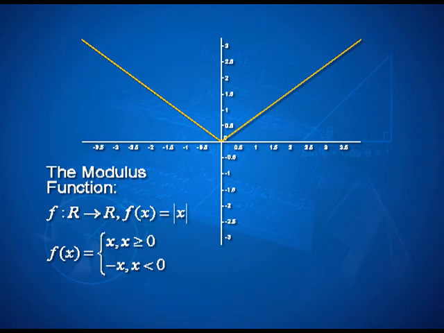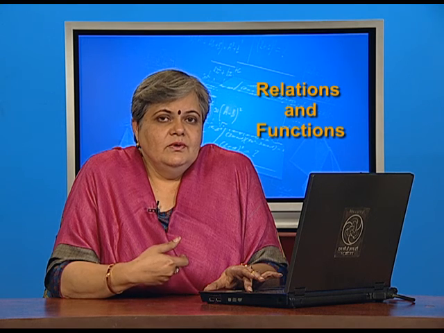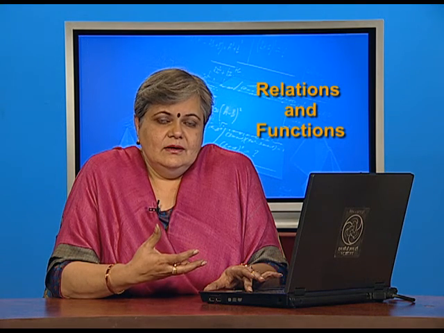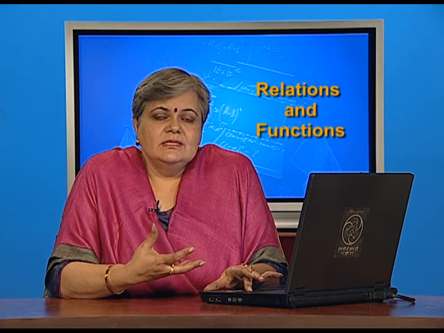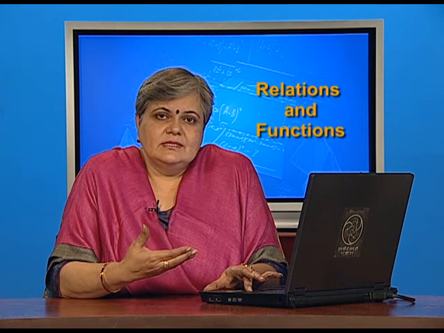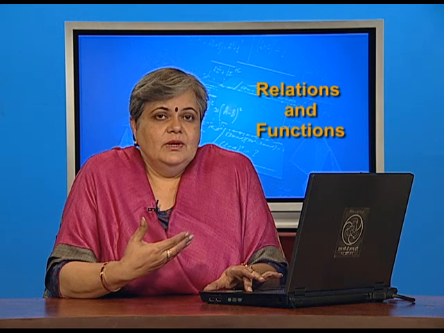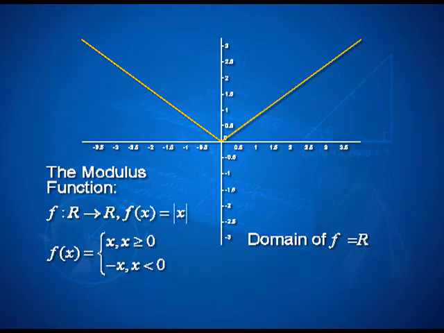So, now from the graph, let us see if you can decide what the domain is. Yes, all real numbers, but what about the range? What are the values of the output? y in this case remains along the positive y axis, and therefore, the domain of f is all real numbers, whereas the range is the set starting from 0 including 0 to infinity, all positive real numbers including 0.